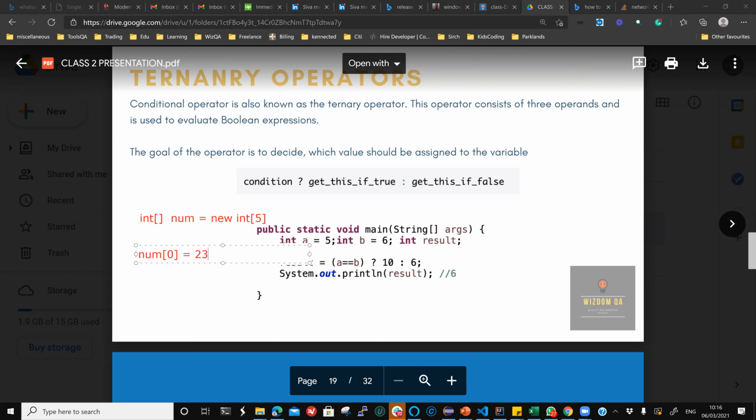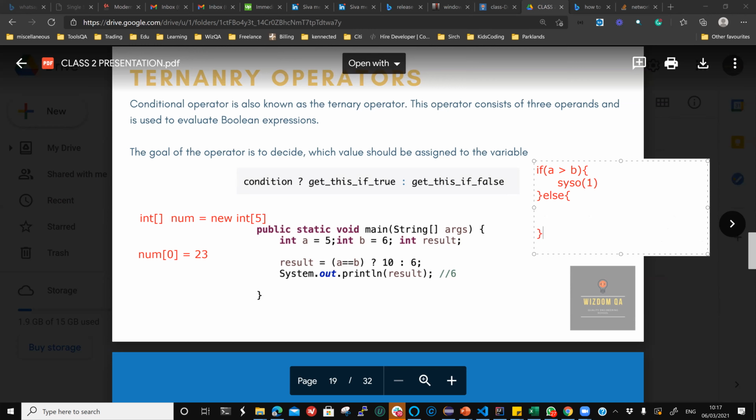I have discussed the if condition. Okay, another quick question. I spoke about if and I spoke about nested if. Can you guys tell me if this is a valid program or not? So I say something like this: if A is greater than B, then I want to print, SYSO, 1. Else I want to print SYSO 2,